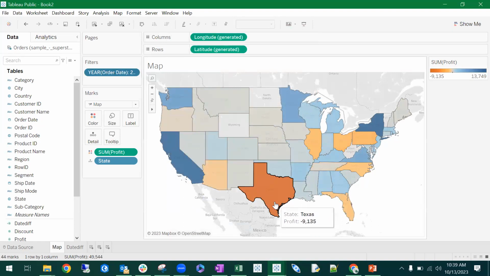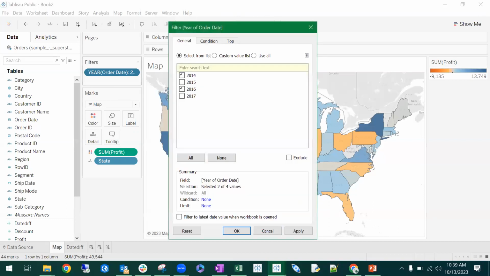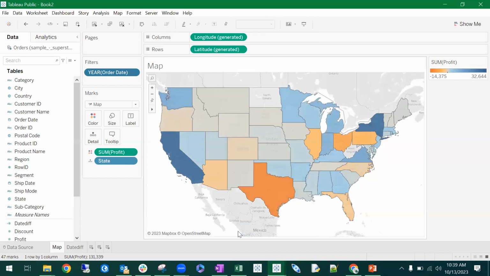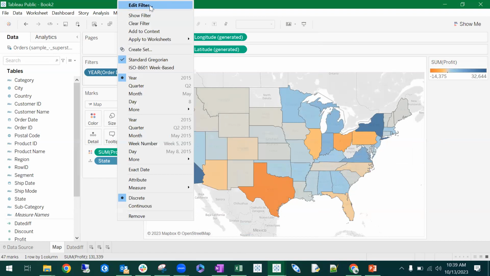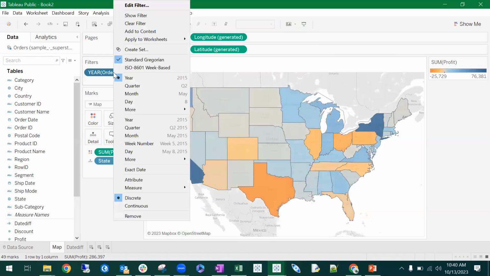Okay, that's interesting. Texas, real big profit decline. What if I want to see 2014 and 16 for whatever reason? Now it aggregated those two together. Okay, not really useful, but it's also really tiring. Have to right click this each time. It's not really intuitive. So I'm going to right click on it and say,